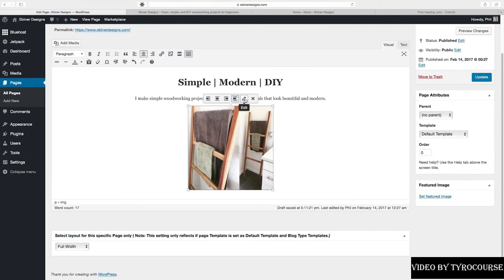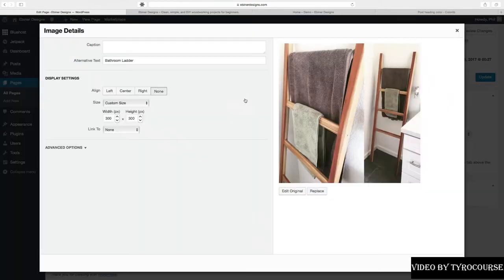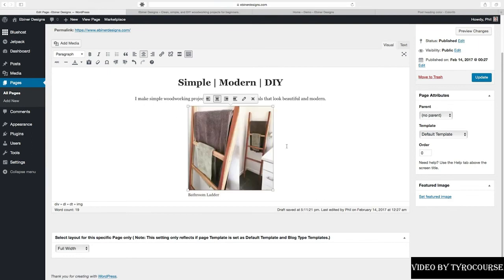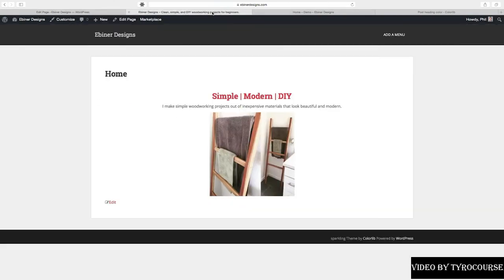Say I want to actually edit it and add a caption. So if I add a caption, let's just say bathroom ladder. I want to show you what this looks like. So if I add a caption, say update, for some reason it went to the no alignment, so let's just select the photo and center it. Now it has this caption bathroom ladder, and if I preview the changes, let's see what it looks like on